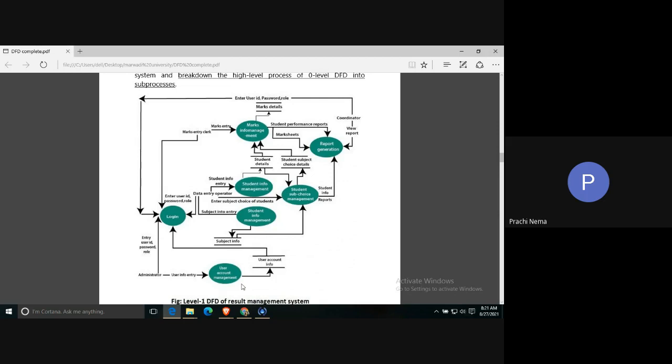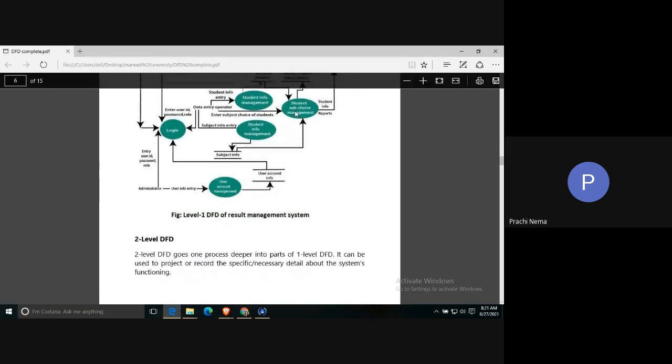So two things which we noted in level 1 DFD are that there can be multiple processes, so many bubbles are here, and there can be data repositories also. It is not necessary to include unless it is part of your system. So all these are data repositories and these are the multiple processes. And the rest of the part is the information flowing in the system. For the same, I will explain a better example. So if you're not understanding this, it's okay. Just now we are going to take the next example.